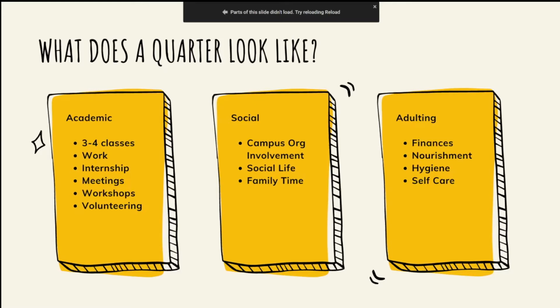And so some of you may be at home, some of you may be in the community, but whatever that looks like for you, it does entail a lot of things. At home, you get to have help taking care of yourself through your parents or family or guardians. But here, as you enter college, it really is the first introduction to adult life. And what does that look like? Taking care of school, but also trying to get that social aspect, but also the adulting side of being able to take care of yourself and navigating all of that together.